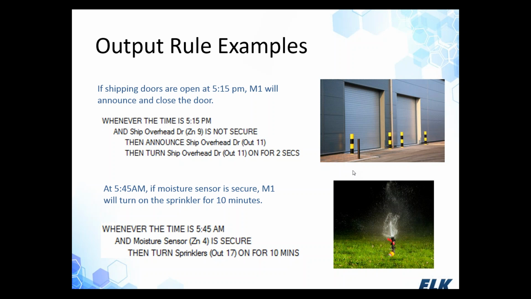Now, an output rule for an example. Whenever it's 5:15 and the shipping overhead door is not secure, which is going to be zone 9 in this particular installation, we're going to announce "ship overhead door." So everybody's going to know, hey, this door is going to be closing. And then we're going to turn on an output that's wired to the motor on that particular door if it has an input. We can easily make this happen. It's going to turn on that output for 2 seconds, like somebody went up and pushed the close button on that particular door to make that garage door itself close. So we're not leaving that thing open